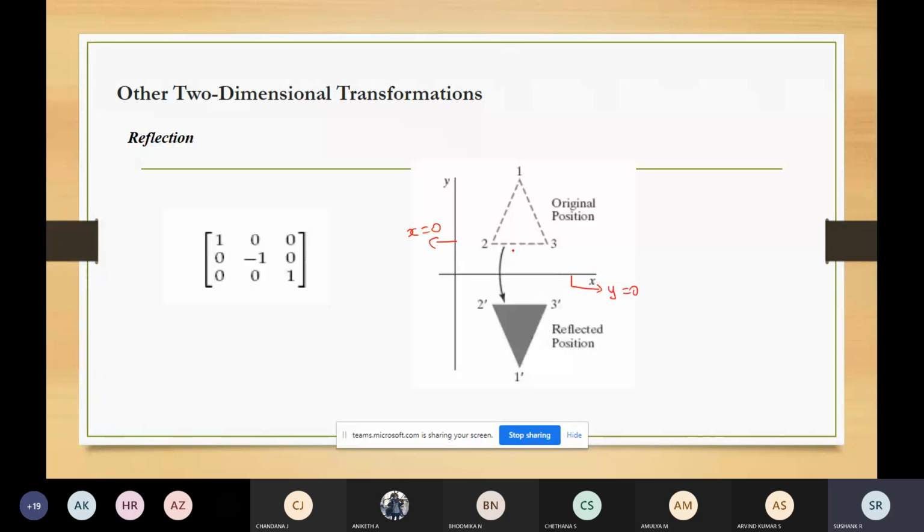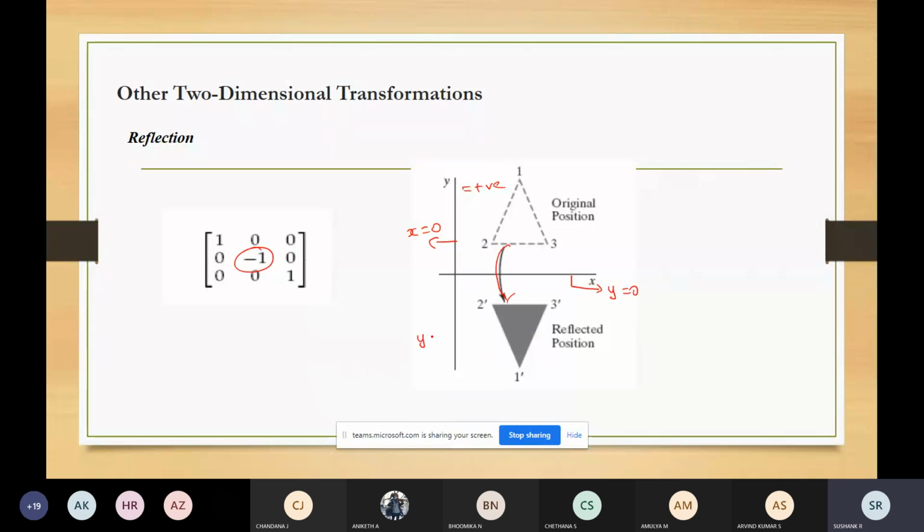So if you want to do the reflection about the line y is equal to 0, here you just substitute. You know that x, y, z, no. So you just substitute this y with -1. If it was the original position of the image, here y is positive. So y is equal to 1 means it will be here. If you supply this value with the negative term, you will get the reflected position.